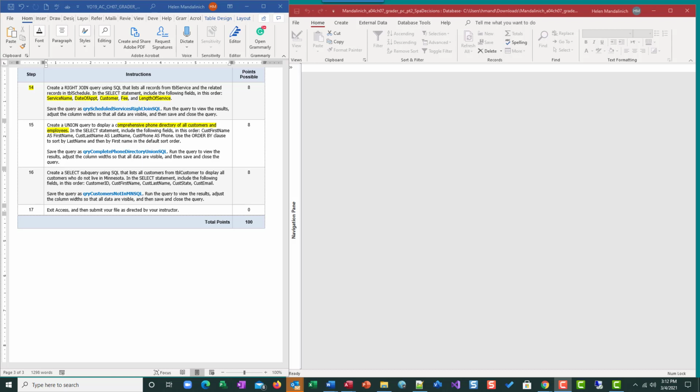So a union is where you can pull in, it really is like the full join, so it can pull in information for unrelated tables or queries and put them into one set. So what we're going to do here is we want to get a comprehensive phone directory